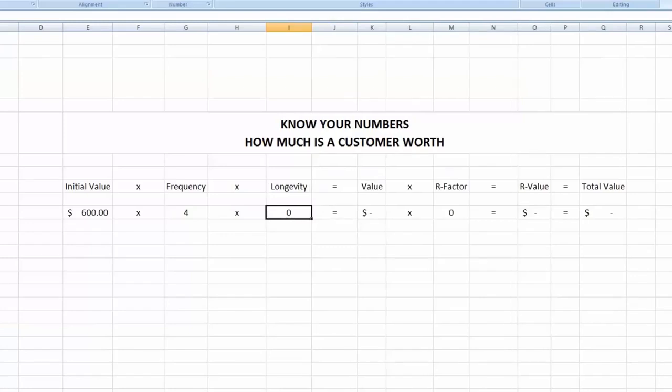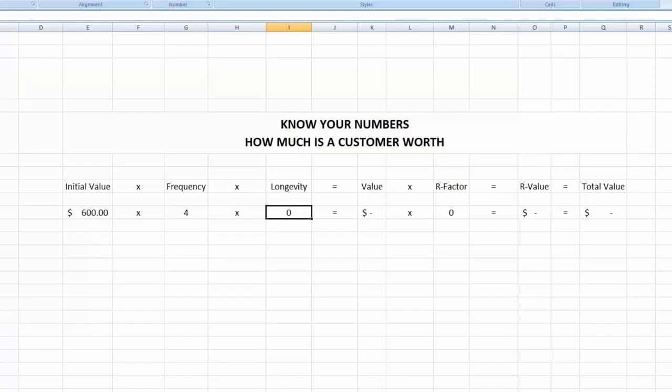And these are estimates, right? So the longevity, how long is a customer going to last? What you may do is say, okay, Bob, I understand you need 12 new shirts for your plumbing company. How often do you usually reorder the shirts? How often do you change employees? How much do they wear out? And maybe it's 4 times a year. So the frequency is 4 times a year. And the last question is, is this the first time you've ordered shirts? And if not, your old vendor, how long were you with them?